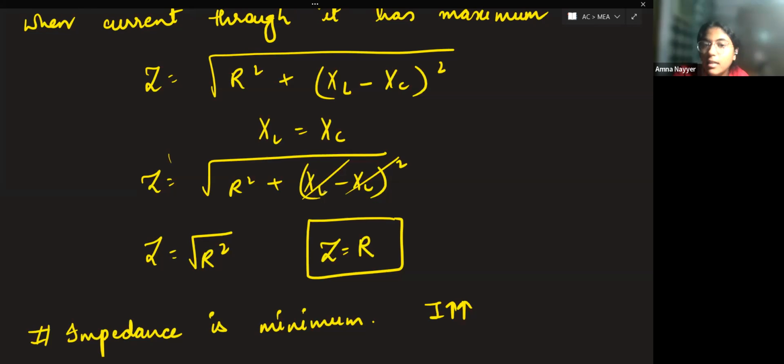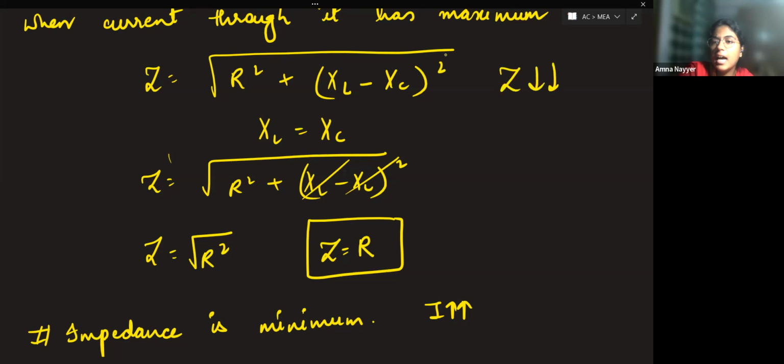This net complete value, under root R square plus XL minus XC, this complete value was the value of the resistance of this LCR circuit. Yes or no? Impedance was the circuit resistance only. No, for an LCR circuit, we used to say it's the impedance that is present. So if this has reduced,